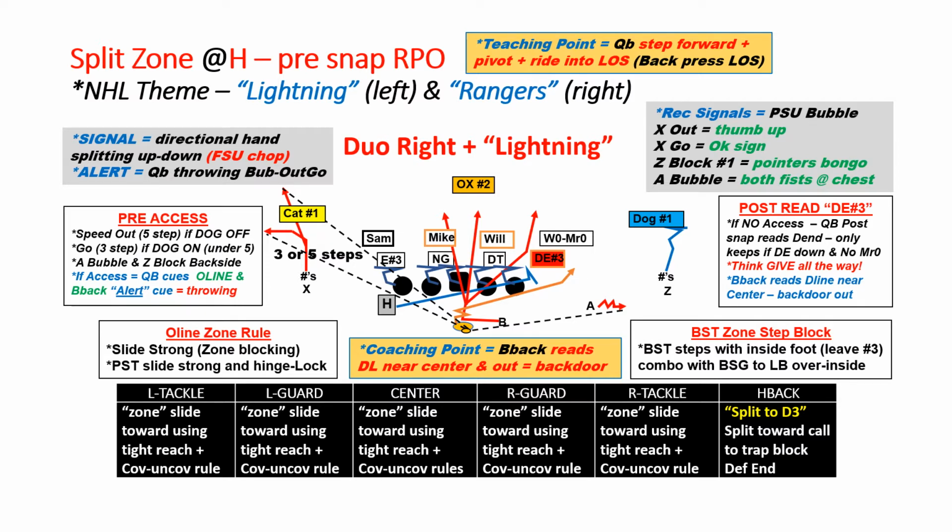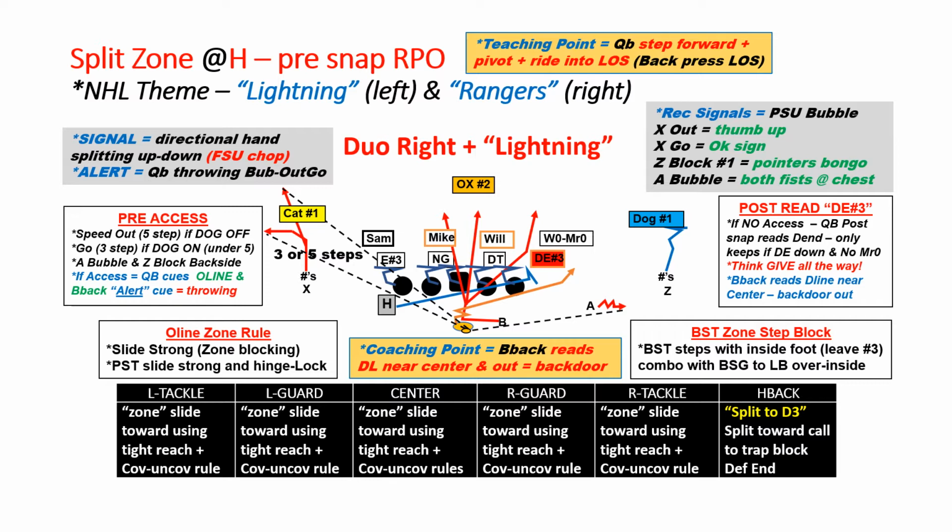Zero is in the box, so we have access to throw the ball to the bubble, he has outside leverage, the quarterback will just take this, no mesh, and go ahead and throw the bubble. If on the pre-snap the Sam here is way in the box and the corner is off, same thing, quarterback can just go ahead and grab the snap, no mesh, and set and throw the speed out